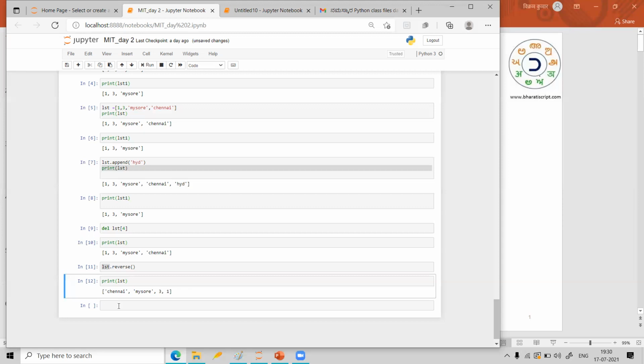So I can use a command like this. Please observe: lst dot insert. I want at the index of 3, Hyderabad. Then I want to print it. Please observe what I am doing.